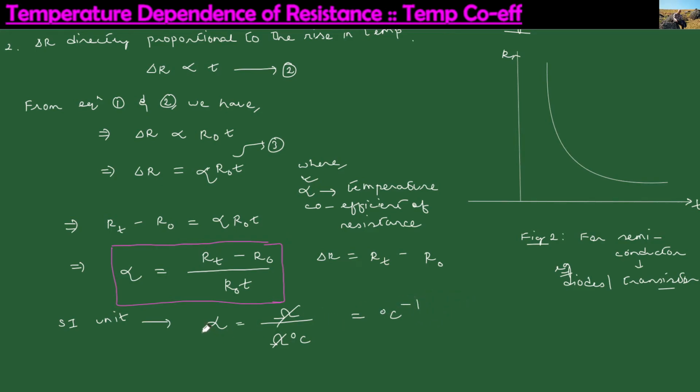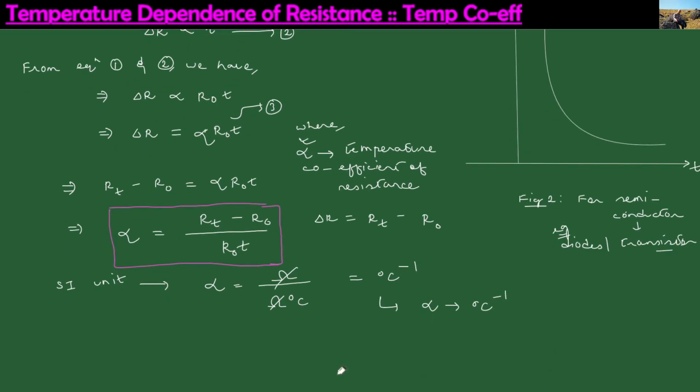Degree C inverse is the SI unit of temperature. Which means that the SI unit of the temperature coefficient of resistance, alpha, is degree C inverse. So this is the unit of the temperature coefficient of resistance. Now, based upon the temperature coefficient of resistance, we can classify